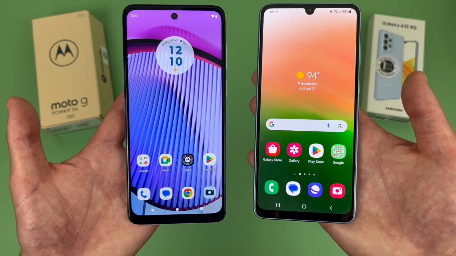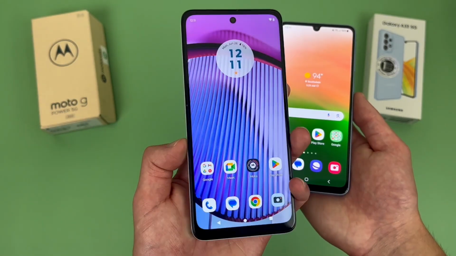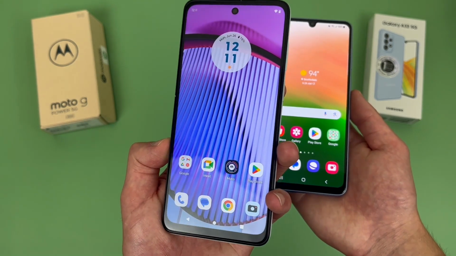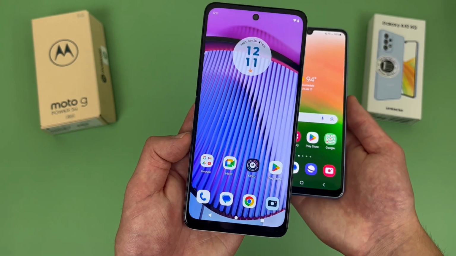For the software, both phones here do have Android 13, but keep in mind with the Moto G Power 5G, or really any Motorola phone for that matter, Motorola's software support is, on one hand, getting better, but on the other hand, it's kind of unpredictable. So while I do think this phone will eventually get Android 14 after it comes out, I don't know how quickly it's going to happen,